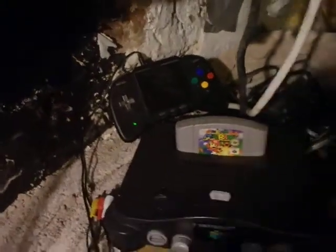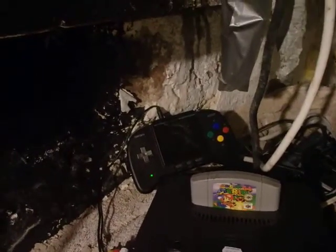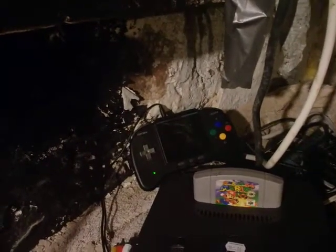But the problem I noticed with the Retro Duo Portable, some of the Nintendo games, the sound quality is kind of poor. It sounds really distorted. So anyways, the next system I got, come back over here,